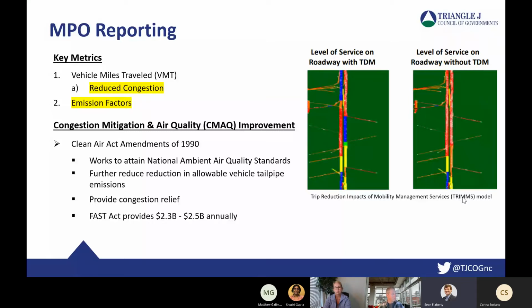But for the MPOs, a lot of MPOs use their local CMAQ funding, as we do in the Triangle with our 2 MPOs. They allocate some of their CMAQ funding to the Triangle's TDM program. And what we are on the hook to report to them is reducing congestion and improving air quality, right? And so just a little graphic there on the right, that means that the MPOs can take this data, and